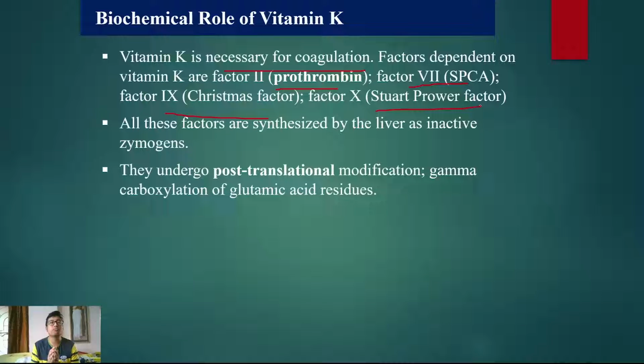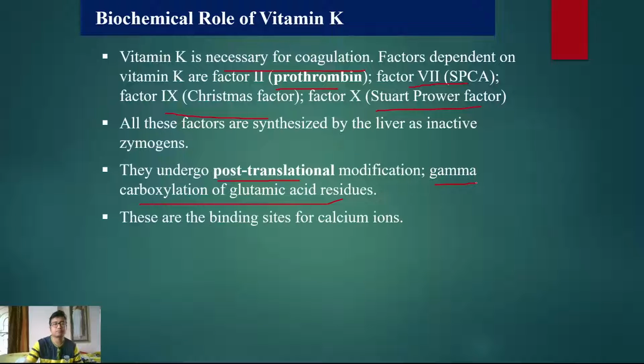So that is known as post-translational modification, after translation, and one of them is this gamma carboxylation of glutamic acid residues of the clotting factors. So vitamin K helps in that reaction. Now you need to know that these are all binding sites for calcium ion. From your coagulation cascade, you know, all over there calcium ion is forming a complex, right?